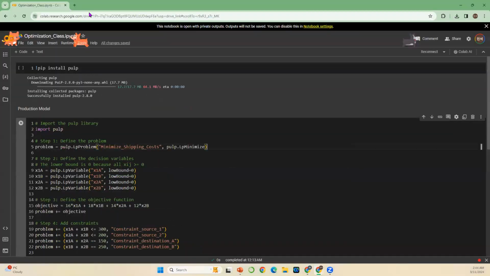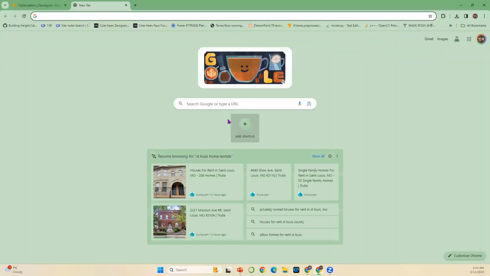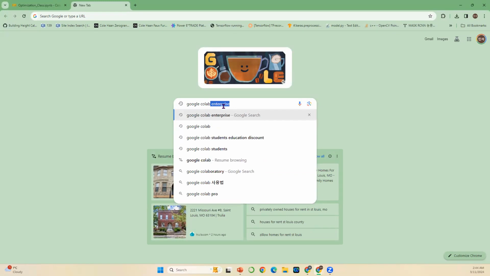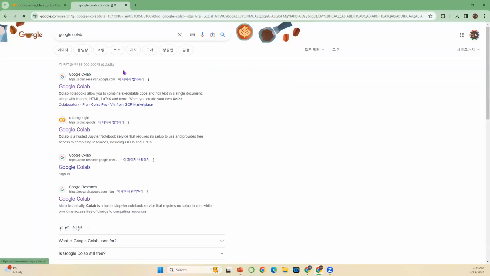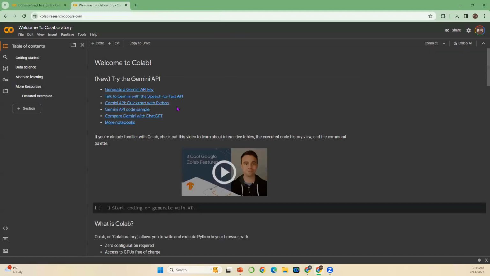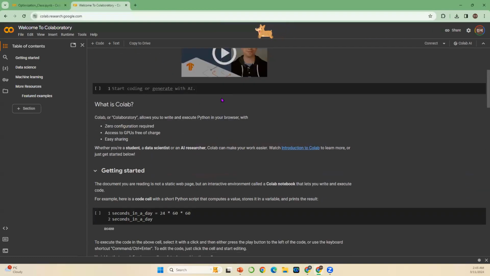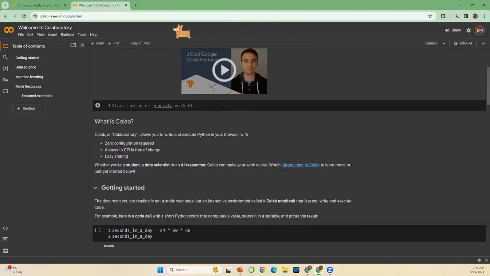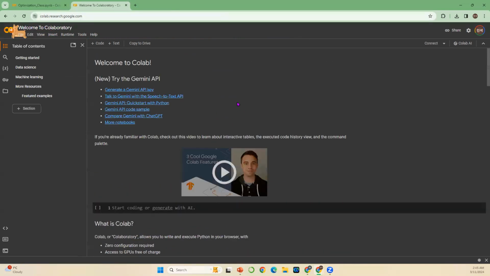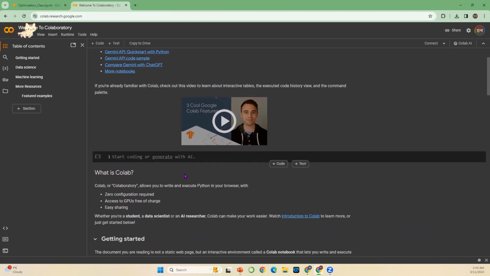Here we go. So Colab, the way to get Colab is very easy. You just go to Google and search Google Colab. It will show you their platform here, like Google Notebook, and they have a lot of good introduction of their Google Colab platform, and also there's a tutorial on how to use it. But if you already have experience using a Jupyter notebook before, or Mathematica, like Wolfram, any kind of computer language platform for solving problems, you're probably already familiar with